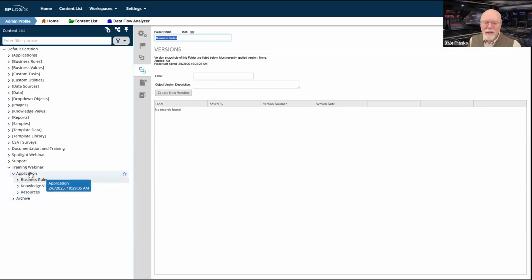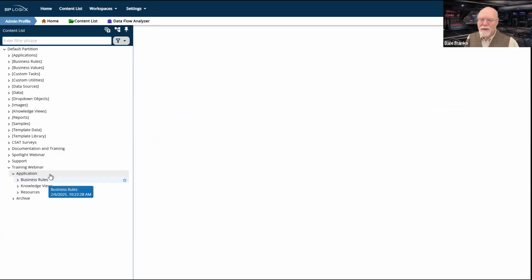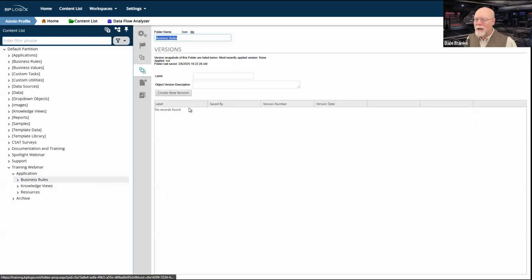Yes, in the sense that in my application, when I create this version here, this version includes the folder and all of its contents in one single PDZ file that gets stored at the time. So there are versions of everything. So in that sense, yes, it does create a version. If you're talking about it in the sense of, if I go to the individual object and I look at its properties, will there be a version for that object? No, there won't be. That object's version only exists in the context of the version we created at the folder level.